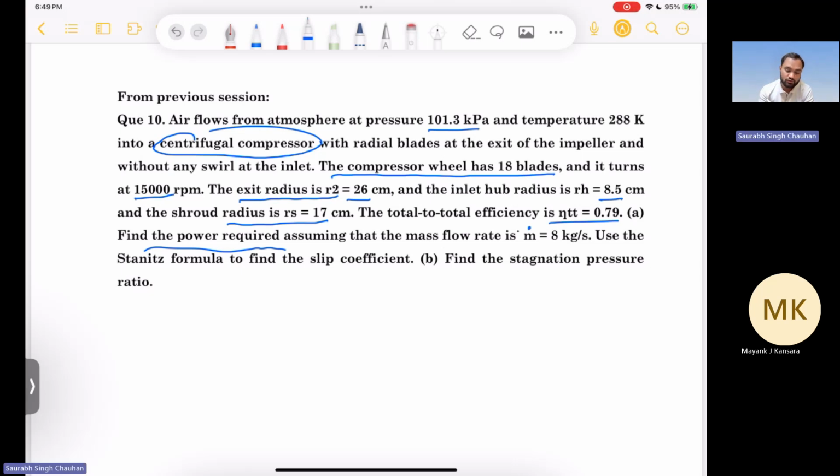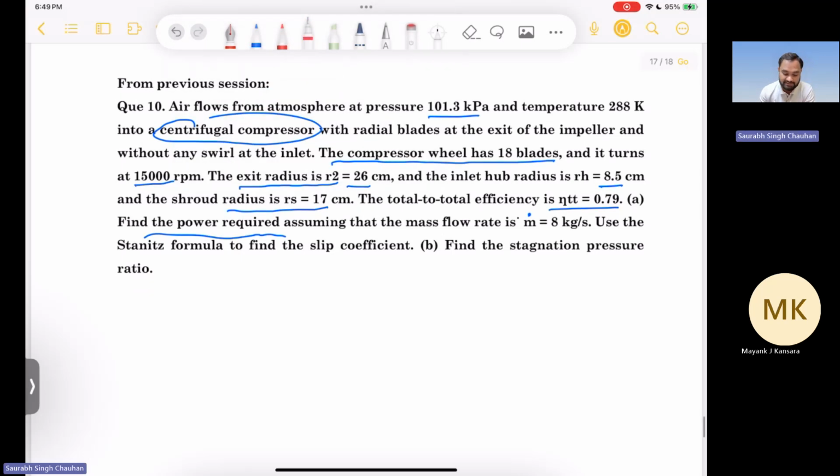So all these terms, if you don't know any term, then we can of course discuss this. Now we will try to solve this problem. It is saying that air is coming from the atmosphere, right? And you know that in the atmosphere, it is in the rest condition, in the stagnant conditions, right? So inlet stagnation properties are atmospheric properties. So at inlet, atmospheric pressure and atmospheric temperature will be your inlet stagnation properties, right? Stagnation temperature will be 288 Kelvin